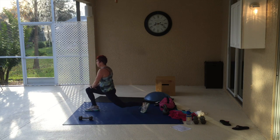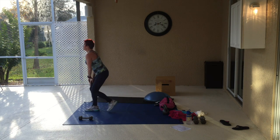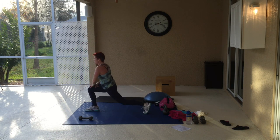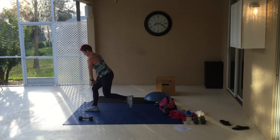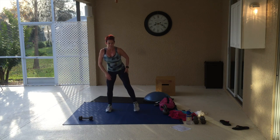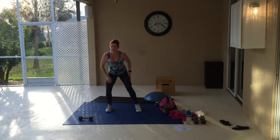2, 3, 4, 5, 6, 7, 8, 9, 10, 11, 12, 13, 14, 15. Side squat. Touch out. Press those hips back. 3, 4, 5, 6,